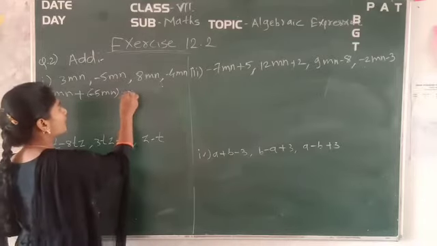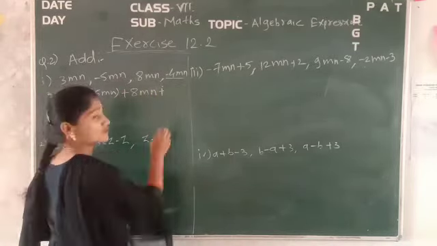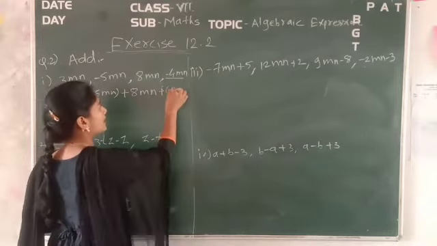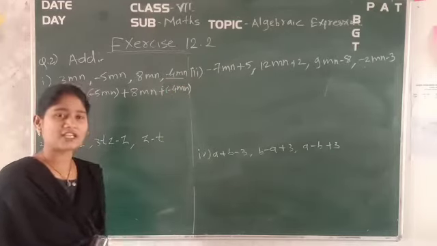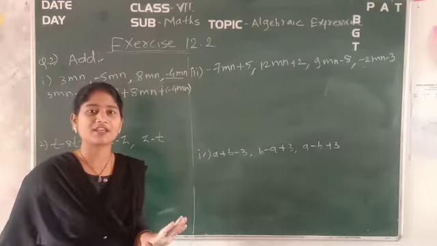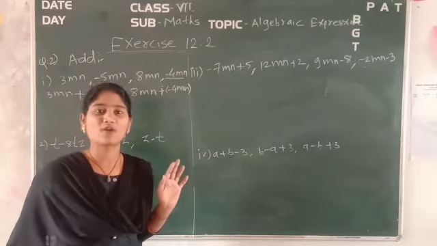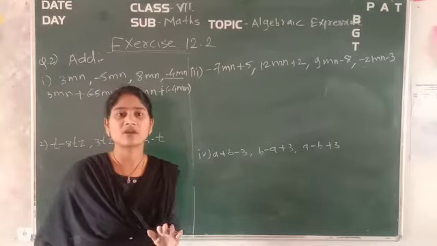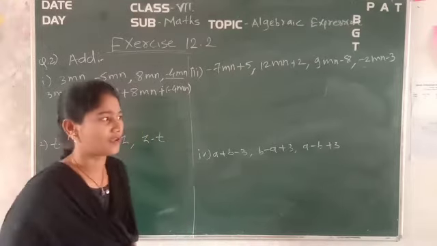So in place of that comma, put plus 8mn. Now, plus minus sign is there, we have to keep it in a bracket. So it is minus 4mn. Okay. Whenever you are writing these terms, write very carefully, so that a single mistake of minus and plus will spoil your whole example. Okay. So keep more focus on signs. Okay. That is sign plus, minus, multiply, whatever it may be.